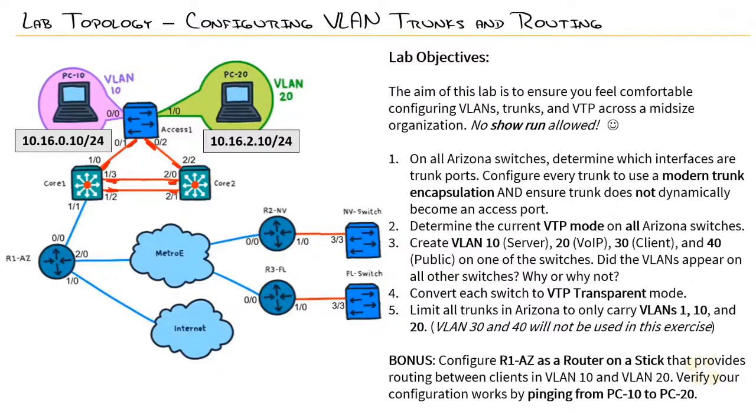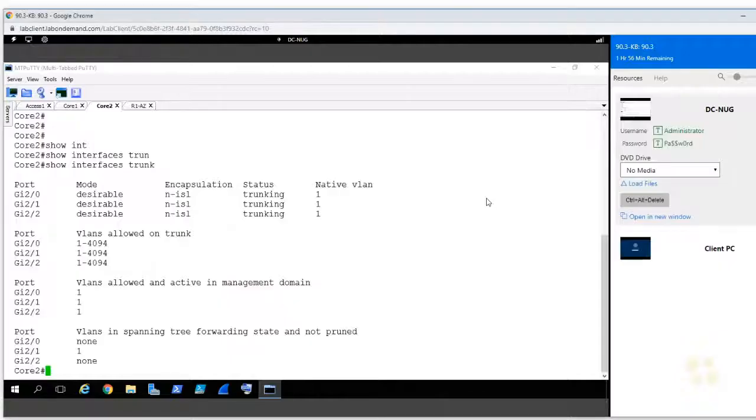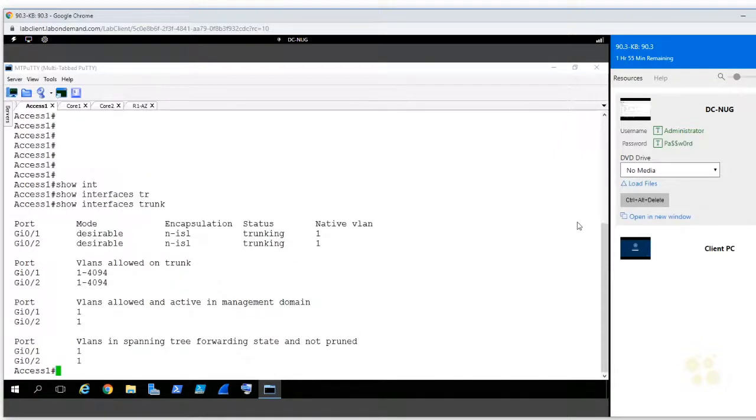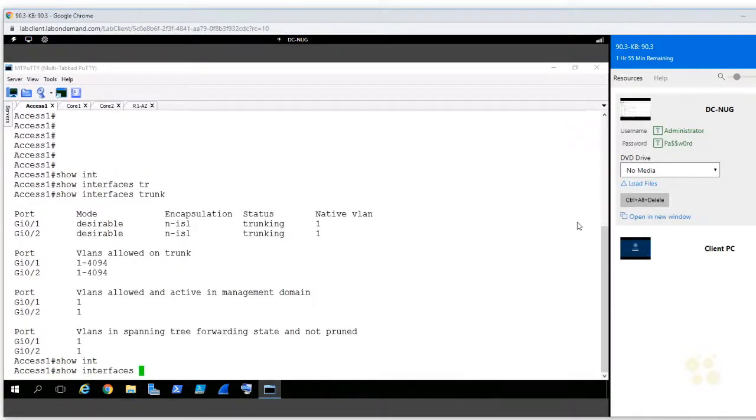So, okay, and I said the word negotiate. I kind of gave away some of that. It says configure every trunk to use a modern trunk encapsulation. Well, the question is, what trunk encapsulation are they using right now? And how do we figure that out if there's no show run command? Well, that's where we would go to the show interface. So I'll just pick one of them,